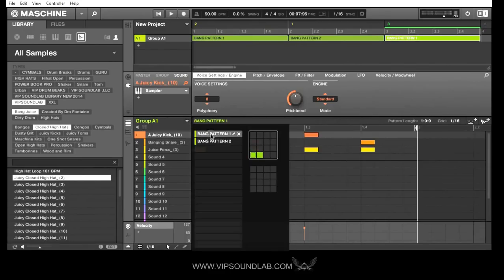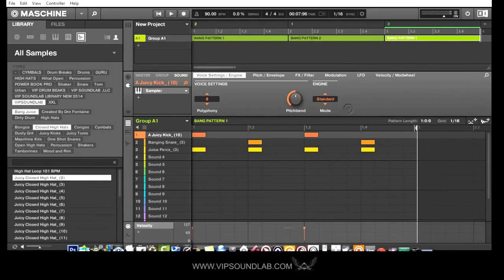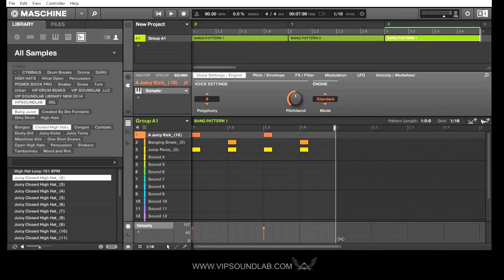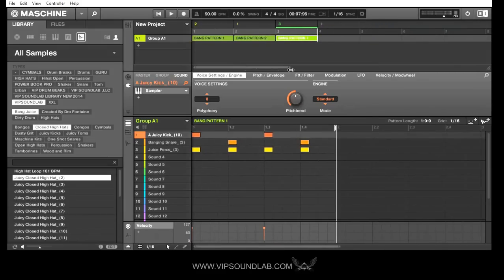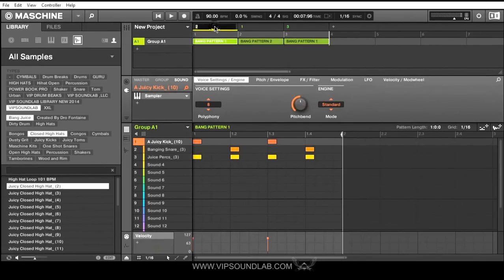For example, if I wanted to change it up a little bit, like if I wanted to bring that scene back to the original intro scene that we had here, you see how it goes back to pattern 1. So that's where naming your scenes comes in handy, so then it makes sense to yourself. You come up here and you name your scenes, or your patterns, I should say, scenes and patterns. And then up here, I'll put change up or something,